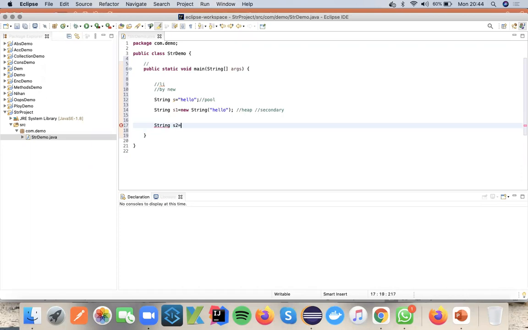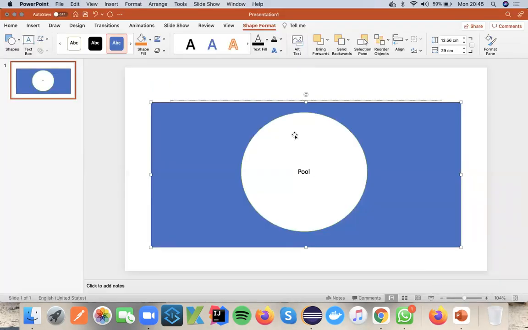I said string is immutable, and now I will explain what is happening. The value of s is hello, which is already stored in the pool memory.